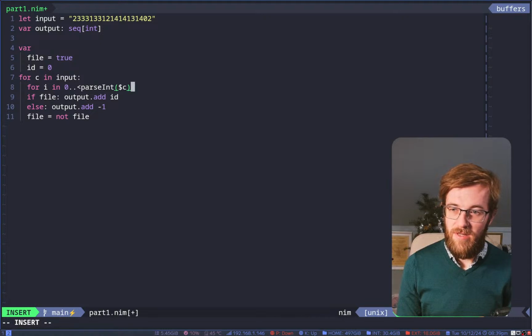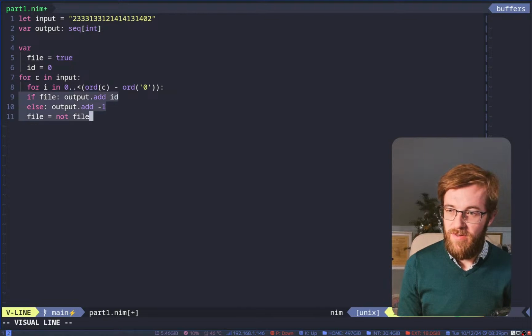Oh, this is the ugliest way of doing that. Let's not do that. Ord of C minus the ord of 0. It's a bit annoying that we don't have a parse int for characters, but